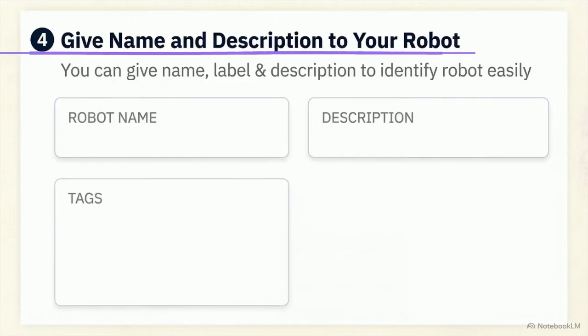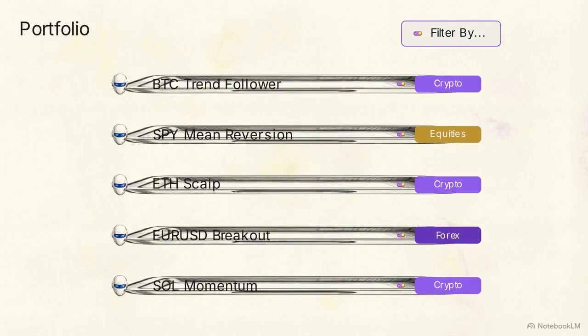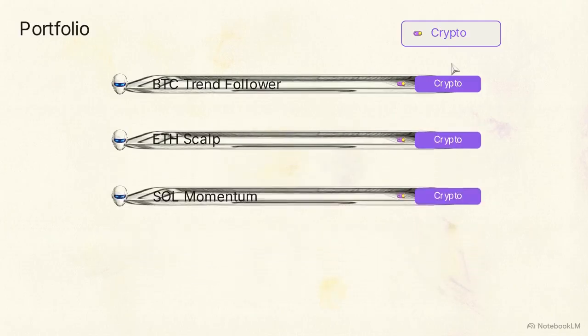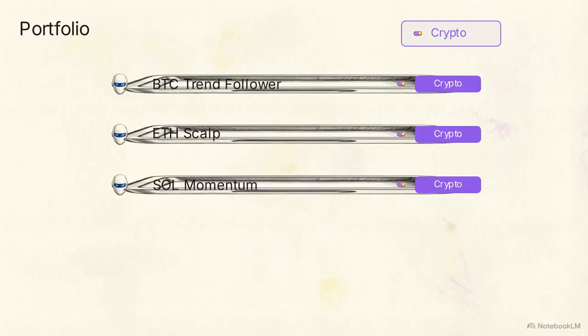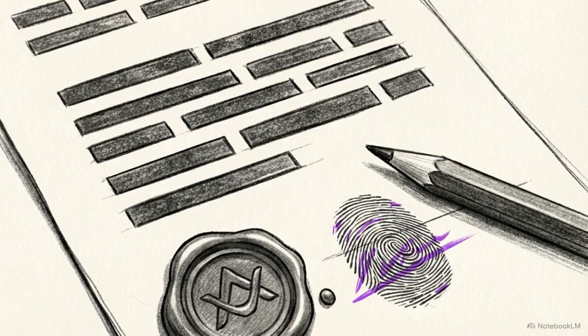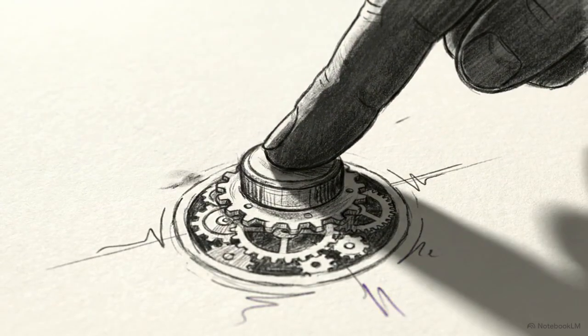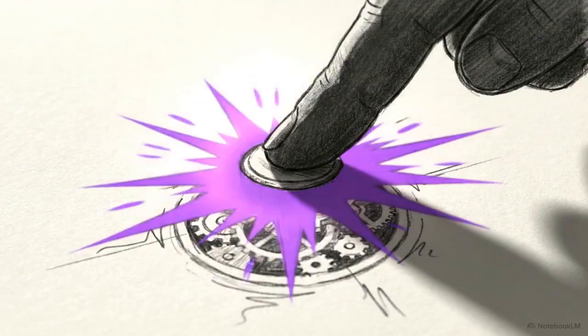Down in Step 4, you give your robot an identity by filling out the name, description, and tags fields. Use clear, descriptive names and tags here. These labels will help you organize and filter your portfolio as you deploy more strategies over time. The final requirement is to read and sign the risk consent letter, acknowledging your responsibility for the automated trades. Once you are satisfied with the configuration, click the final Create button at the bottom of the screen to initiate